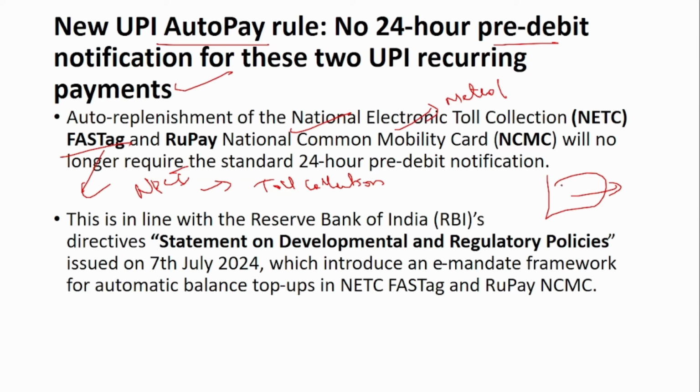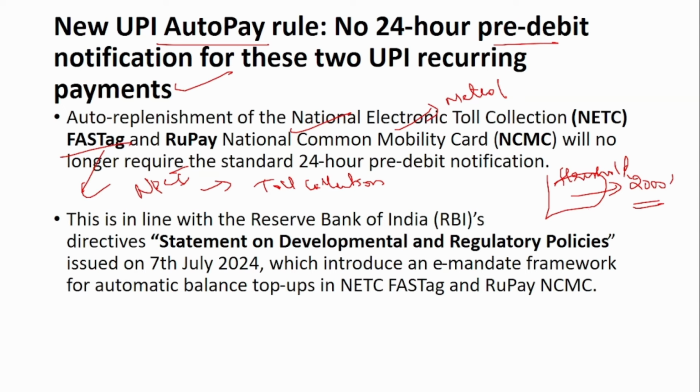Suppose a customer sets a threshold, say the threshold is set at 2000. This means that if the balance of the FASTag or the NCMC falls below 2000, then an auto replenishment will take place. Automatically money will be debited from your bank account and credited to the FASTag and the NCMC account. This is the purpose of auto replenishment, and now this feature has been introduced to